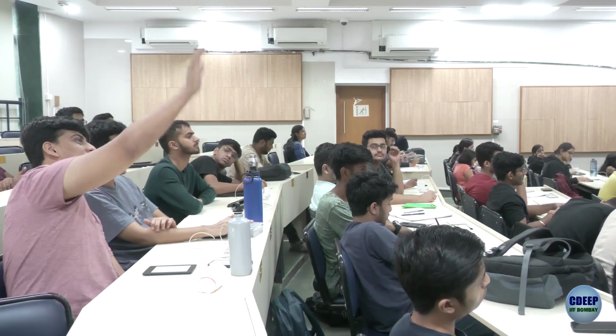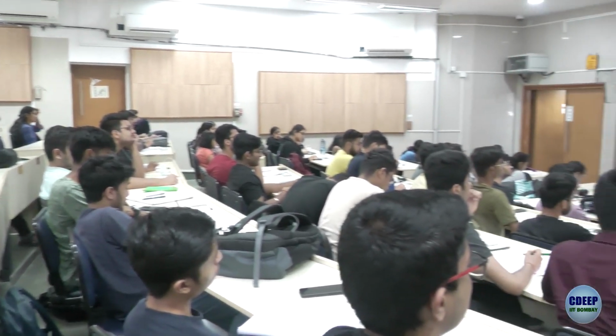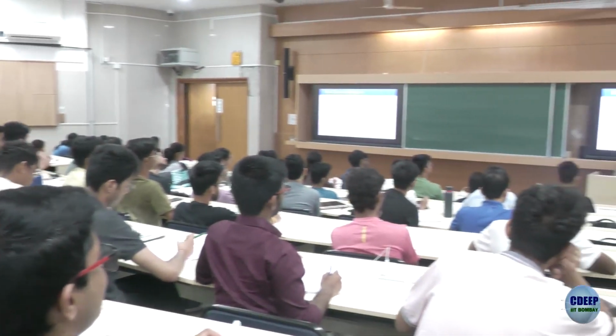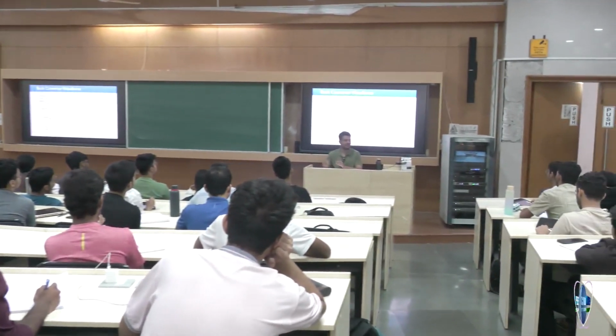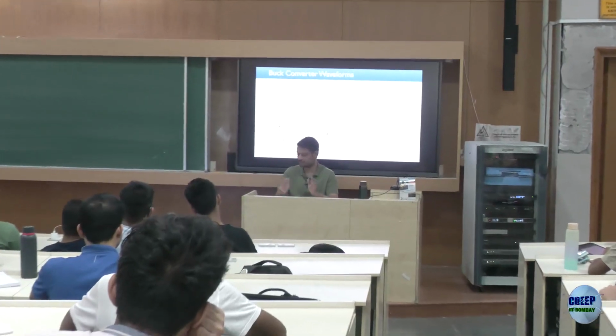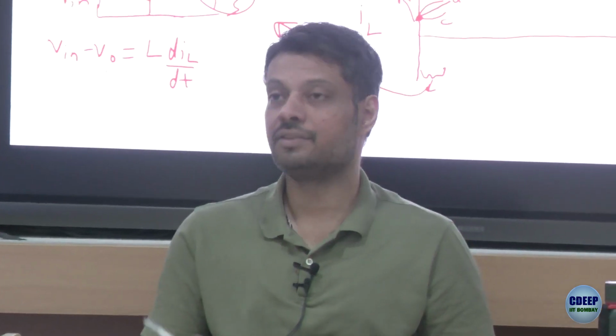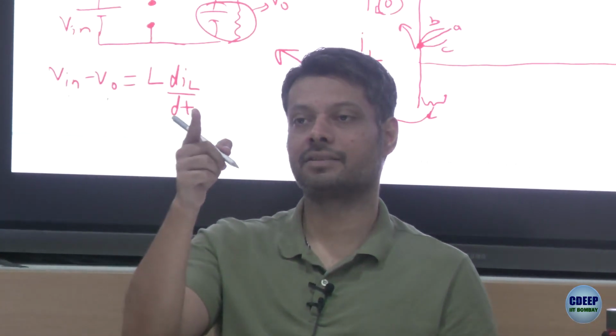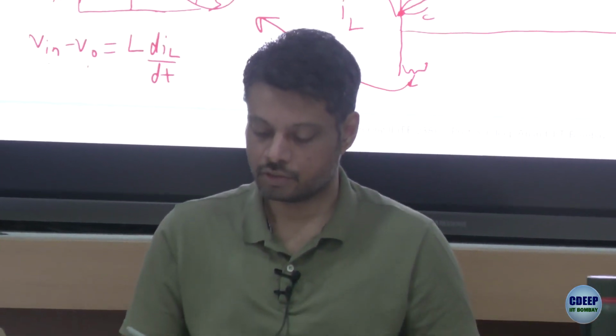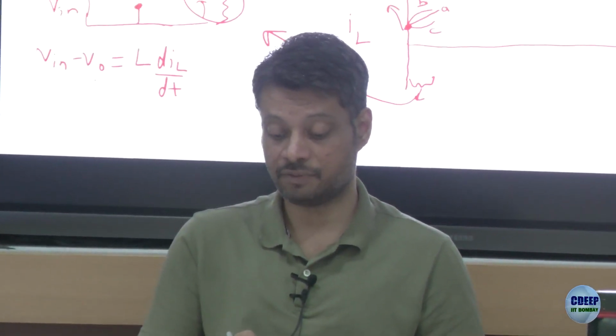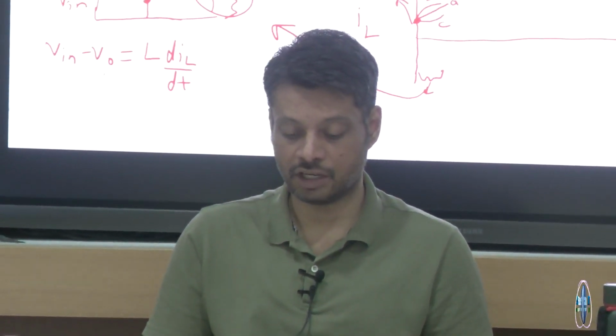So let's say option A, option B, option C. Of course, options A, B, C do not lead to the same final value, so don't worry too much. It's just the general shape I'm talking about. Are these options visible at the back? Okay, good. So option A, yes, because if you see this equation, V in minus V0 divided by L,